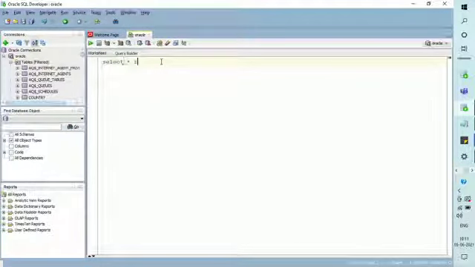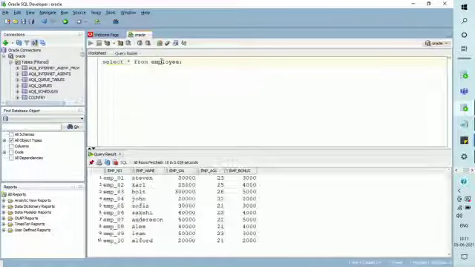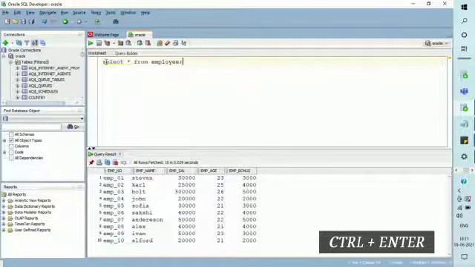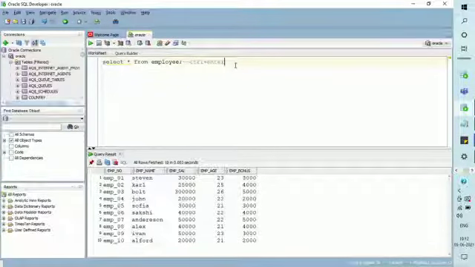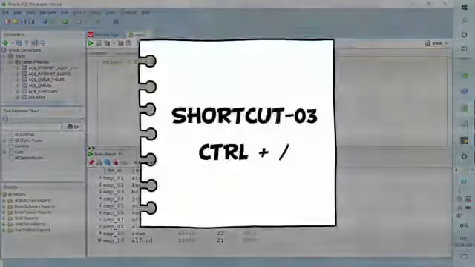Shortcut number 2 tells you to execute the current SQL statement in a single click on a keyboard, and the shortcut is Ctrl plus enter. Here I am using the same table name which I have used in my previous videos as a reference, that is nothing but the employee table. So in order to run your current SQL statement, the shortcut is Ctrl plus enter, which is very familiar because I have used it many times in my previous videos too. So let's quickly go to the other shortcut.